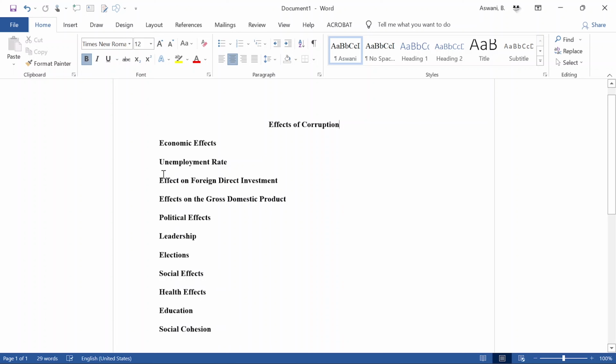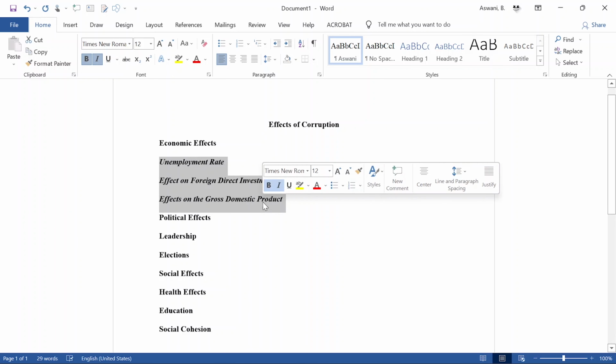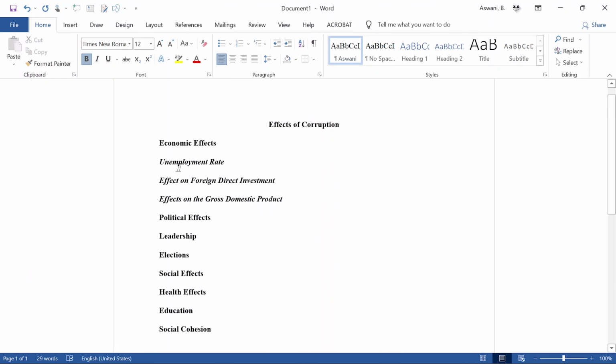According to APA, a level 3 heading should be italicized. These are level 3 because they are inside what? Economic effects. So this is level 1, which is the title, level 2 is economic effects, and then all these will be level 3s because they are inside economic effects. If we put them as level 2, it would mean they are points on their own, not inside economic effects. So political effects here will be level